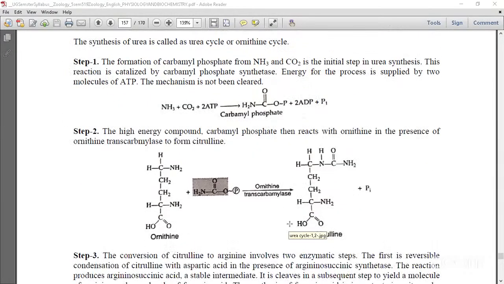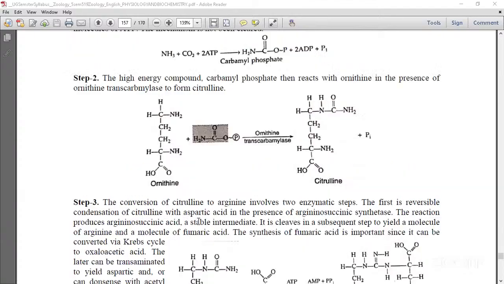So here the formation of the citrulline takes place. Here you can see the structure of the ornithine. Ornithine carbamylase is an enzyme that converts the ornithine into the citrulline, along with which an inorganic phosphate is released. The next level is the conversion of citrulline to the arginine, where two enzymatic reactions take